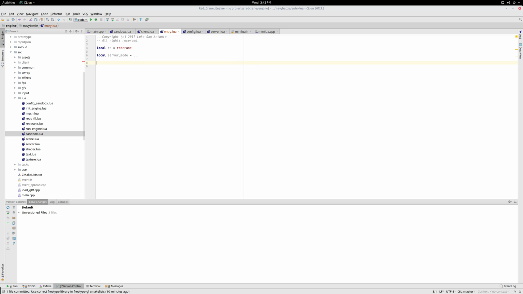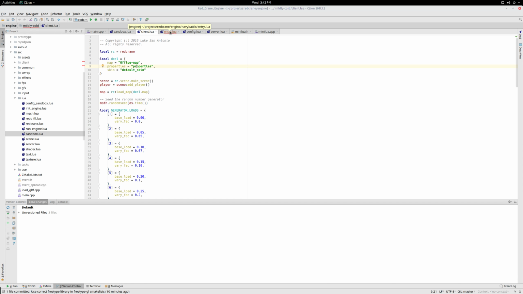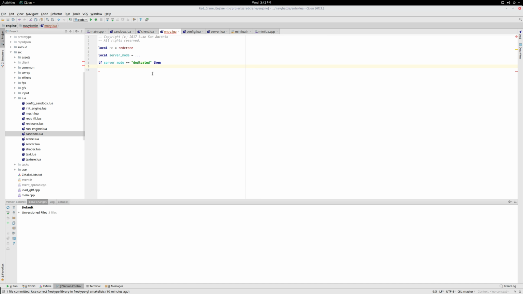So we have a server mode. It'll obviously be the typical Lua way, which is with string values for enumerations. So what settings could we have here? Dedicated, connect, local. Let's do local first because that's the most common case. And connect. I mean, this stuff is pretty simple. That's what makes me think that the engine should be able to handle that. We just need a...